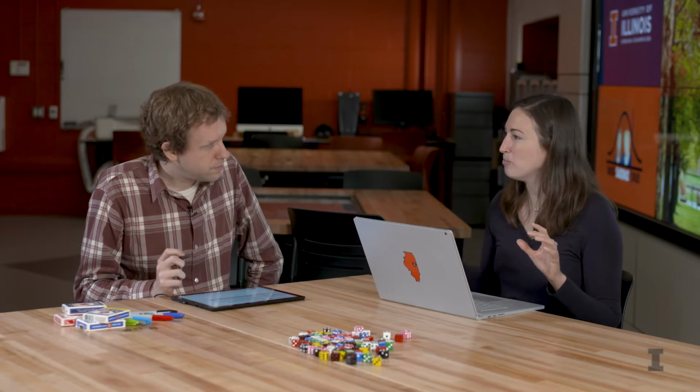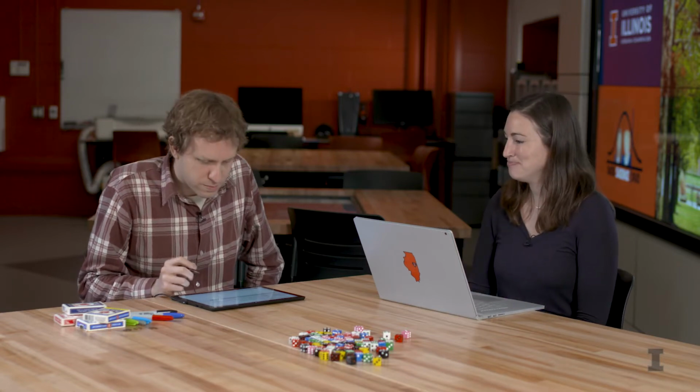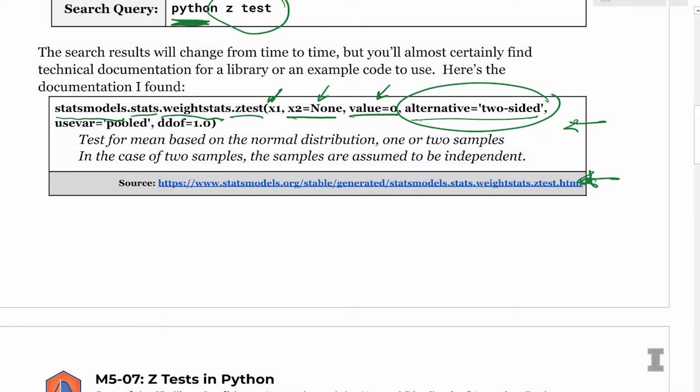So which is the more conservative? If we're not sure which to use, which one should we use? Yeah, the more conservative one is definitely the 2-sided hypothesis. The thing that's different here is that if we're thinking about our normal curve and our p-value, I've said before it's either the right-hand tail or the left-hand tail. And if we're doing a 2-sided test, it's just both of them. So our p-value is actually doubled for a 2-sided test. Awesome. So we see that it's defaulting to the more conservative one.